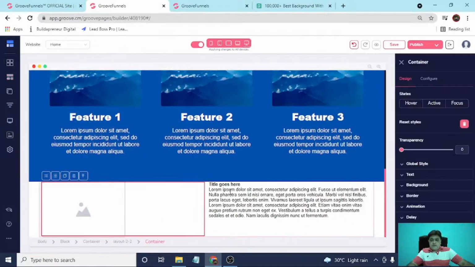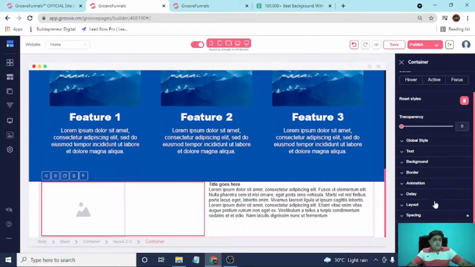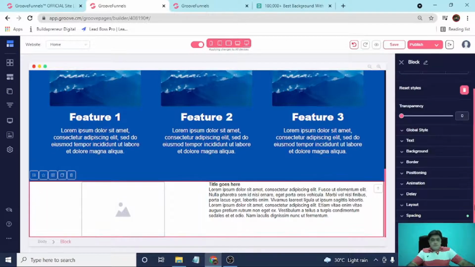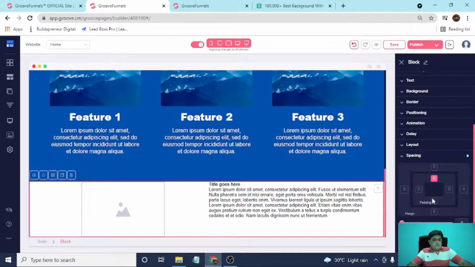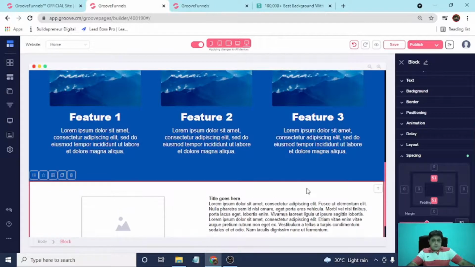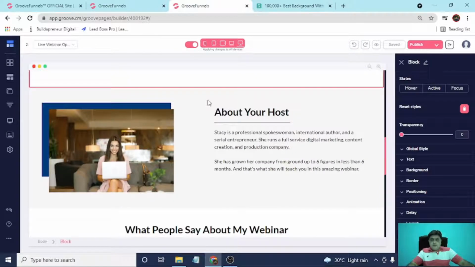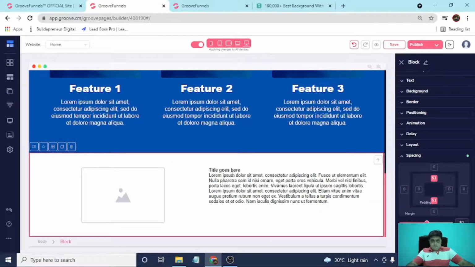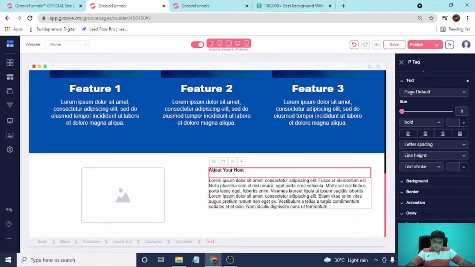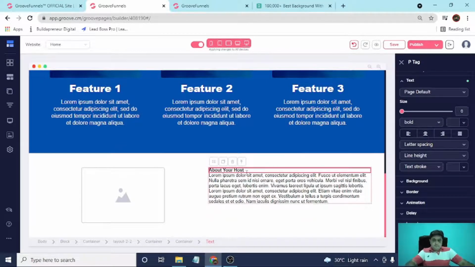Now we have to center this image, guys. Select container, go to layout, make it center. Now give spacing to this block as well, guys. Okay, good. Now let's copy this text. Paste it here.